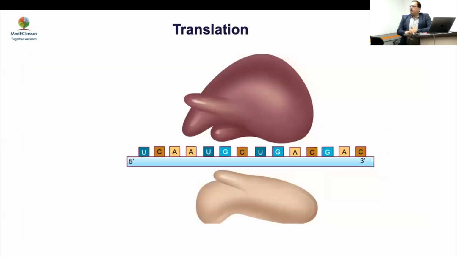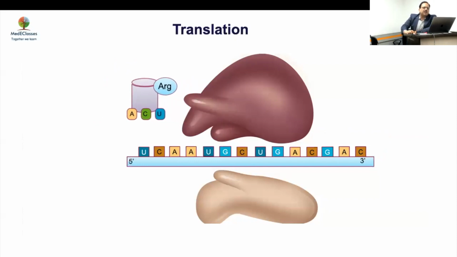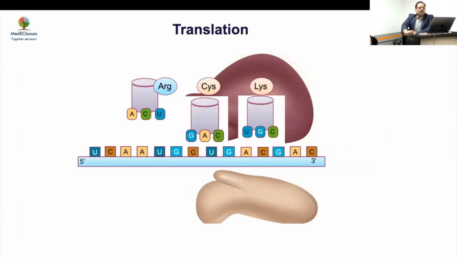Now, translation requires basically the transfer RNA or the tRNA, which basically codes for one amino acid for these three base pairs. And one by one, you know the code, there are 64 combinations which are available and 20 amino acids. So there is redundancy. Based on that, you will have different proteins which will keep on forming based upon the code you have, and the protein sequence will come.